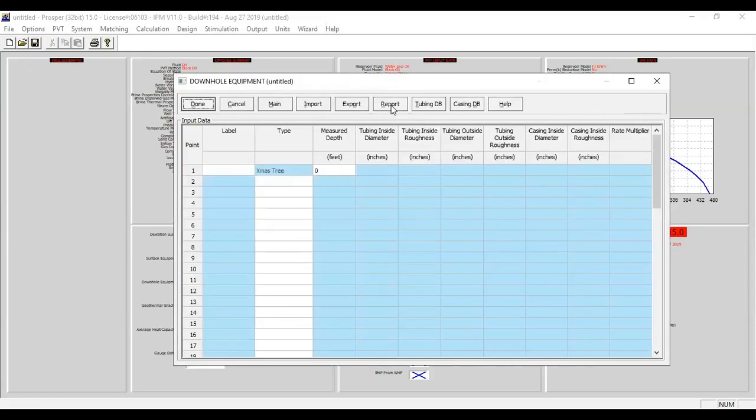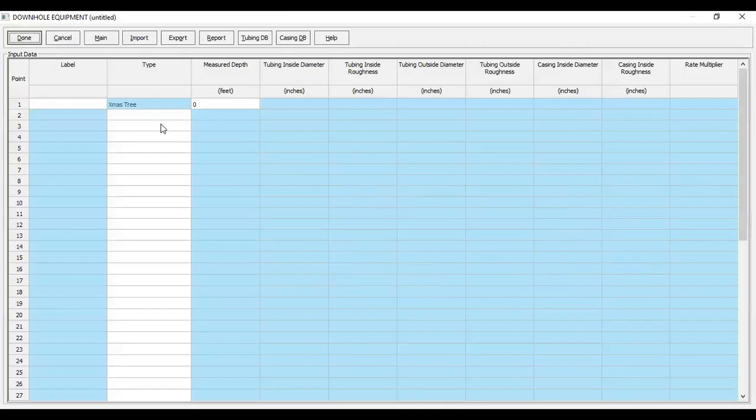Now I construct the well configuration starting from the Christmas tree, and then I will use the tubing down to 3,500 feet with inside diameter of 2.441 and roughness 0.00112. All right, that's enough.